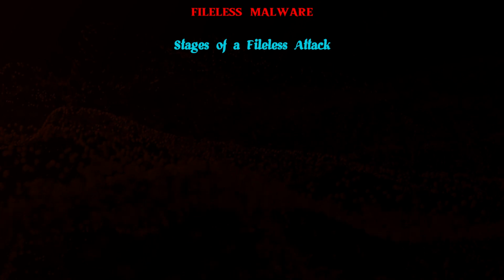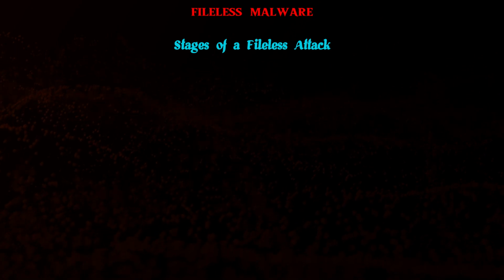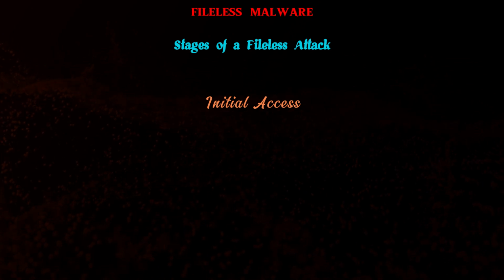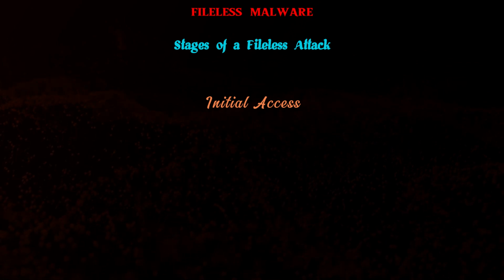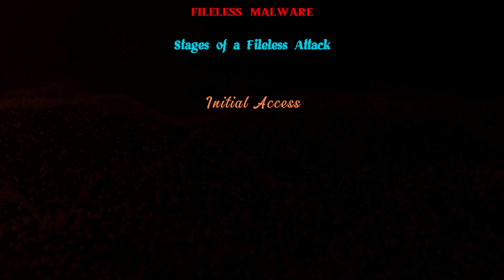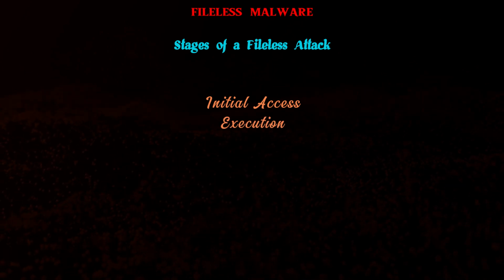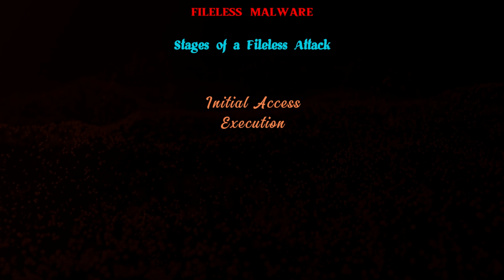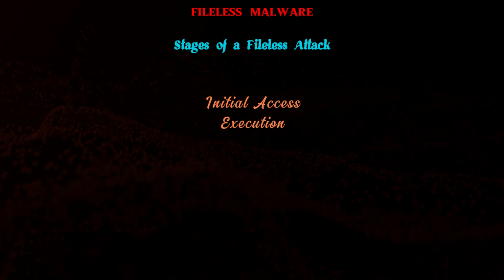Stages of a fileless attack. A fileless malware attack looks very similar to a file-based malware attack. Some of the key stages include: Initial access. Malware needs a means of gaining access to an organization's systems. Fileless malware may deliver a malicious document via phishing or exploit a vulnerable web application. Execution. Fileless malware can achieve code execution via various means. For example, a malicious document may use social engineering to trick the recipient into enabling macros, allowing malicious macros to